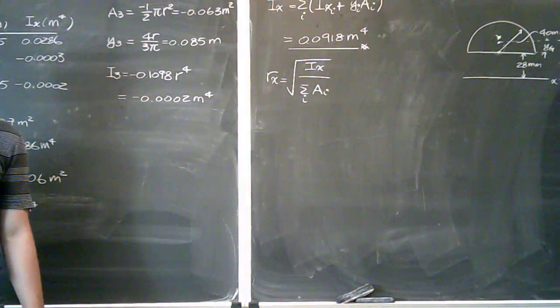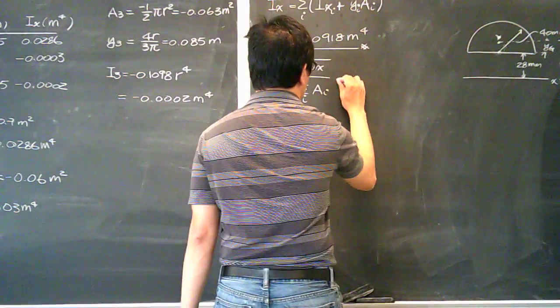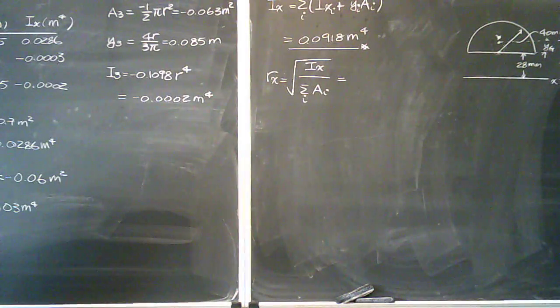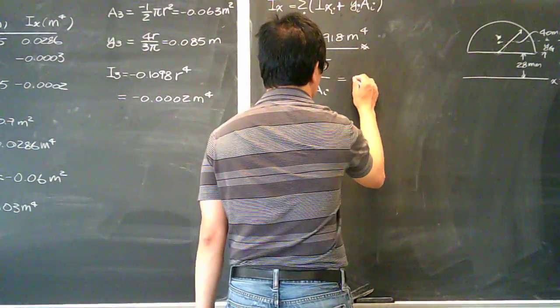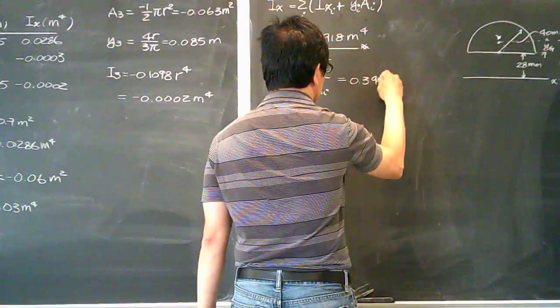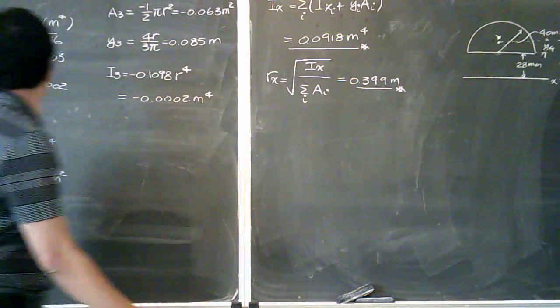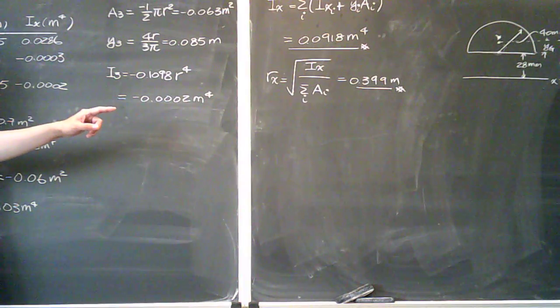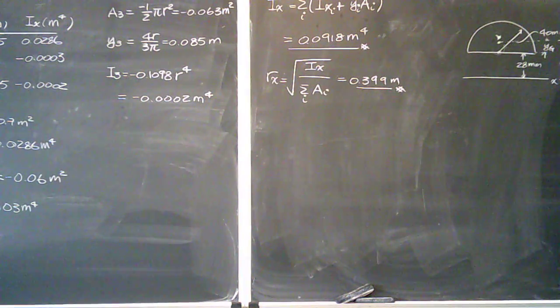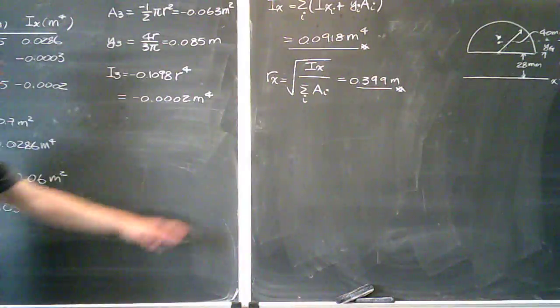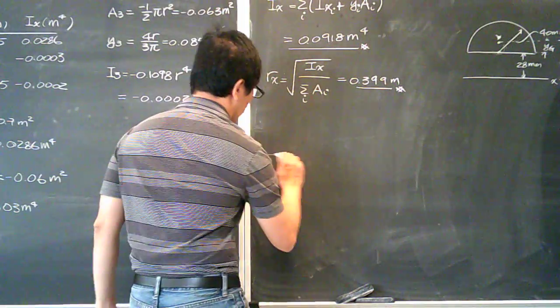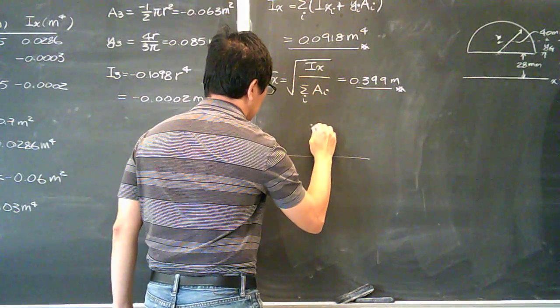Add everything together, which becomes, so it means that if you want to represent everything as a single point, it's going to be almost 0.4 meter away from the bottom. Okay, and the moment of inertia is this number,